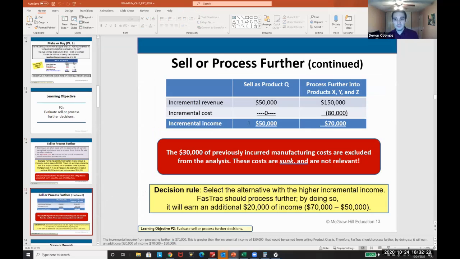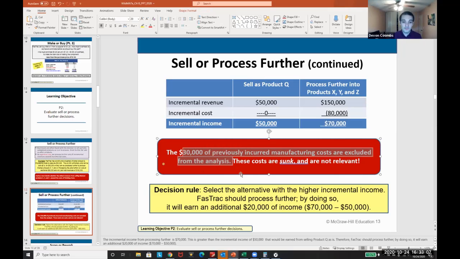And so, a relatively simple process. We decide if we just sell the product as apples, we wouldn't have any new incremental costs, and we can make $50,000 in revenue. But if we're able to process it further, instead of $50,000, we'll get $150,000, and our incremental cost will be $80,000. So the difference here is $70,000, right? That's where we would decide from a managerial accounting perspective, yeah, we can process this further, because maybe that's $70,000 a month, and maybe that $20,000 extra a month winds up being $240,000 extra a year. That's pretty substantial.